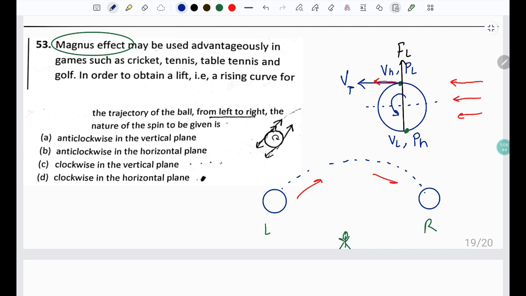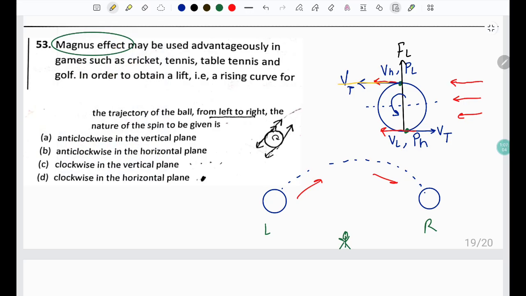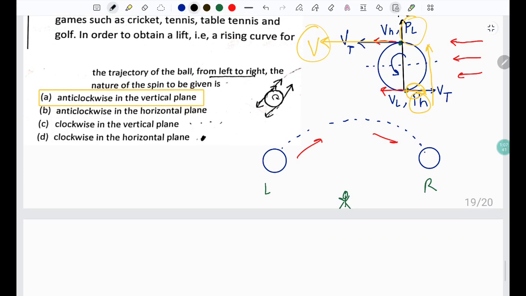पर अगर यहाँ देखें तो क्योंकि एंटी क्लॉकवाइज नेचर है तो यहाँ पर वेलोसिटी होगी बॉटम पे vt, बट एयर ड्रैग ऑपोजिट डायरेक्शन में है, तो यहाँ पर नेट स्पीड को अगर हम देखें, तो नेट स्पीड यहाँ ज़्यादा है और नेट स्पीड यहाँ पर रिड्यूस्ड है। हेंस यहाँ पर हाई वेलोसिटी है, जहाँ पे वेलोसिटी हाई रहती है वहाँ प्रेशर लो रहता है, और जहाँ पे वेलोसिटी लो रहती है वहाँ पे प्रेशर हाई रहता है। तो हाई प्रेशर से लो प्रेशर एक फोर्स लगेगी, विच विल बी योर लिफ्ट फोर्स, जो कि बॉल को लिफ्ट करेगा। हैंस इस क्वेश्चन में एंटी क्लॉकवाइज स्पिन होगा इन द वर्टिकल प्लेन।